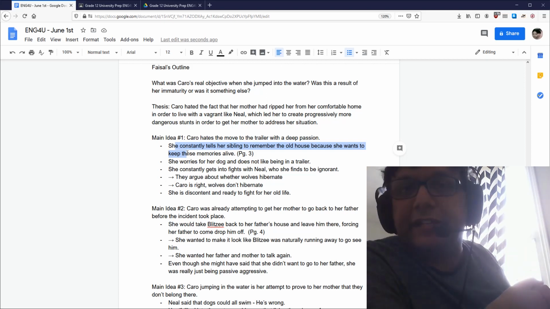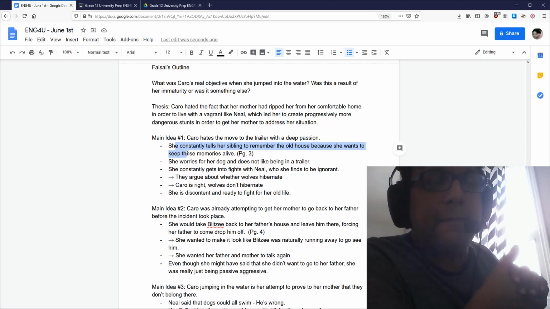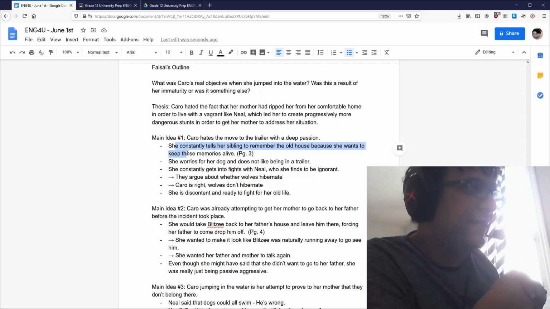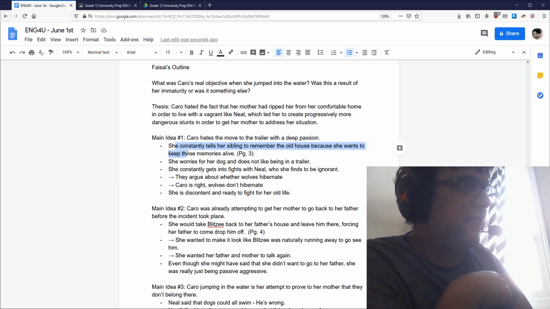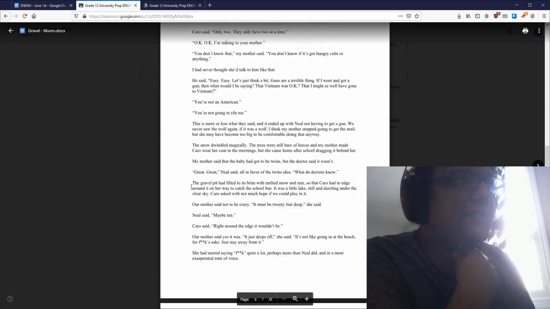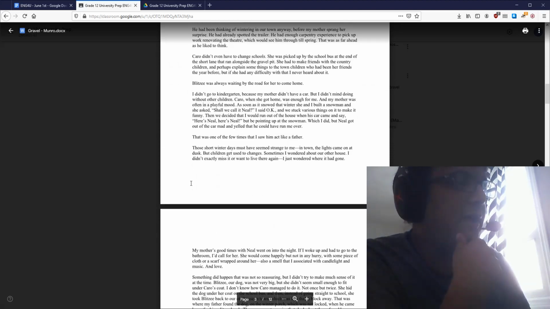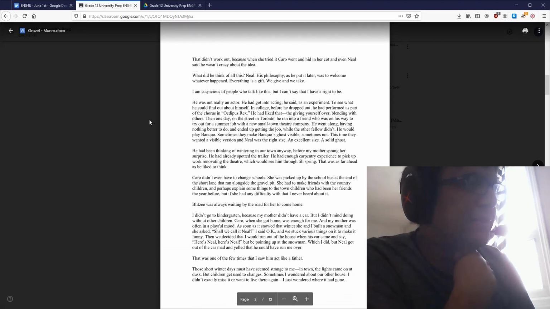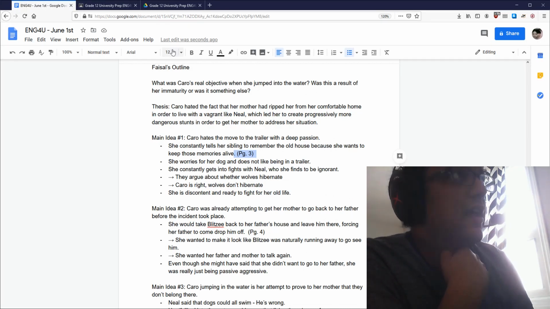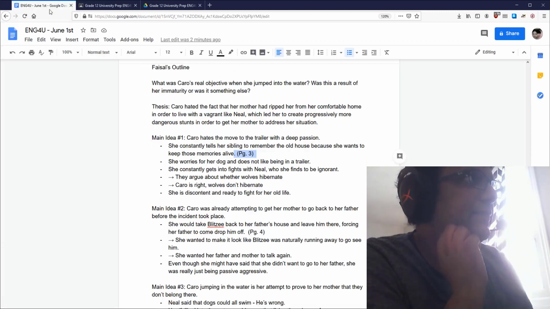I'm not worried about spelling here. I'm not worried about grammar. I'm just putting ideas onto paper so that I know what I'm doing, right? That's the most important thing for writing an outline, is that you need to know what you're doing, right? You'll notice, by the way, that I'm putting some page numbers, right? Because when I write my essay, I might want to quote the story. I don't need to write the quote down or copy the quote into my outline, but it's good for me to just say it's on page 3, so that when I'm writing this thing and I say, all right, here's where I use my quote, I can go and find it, right?